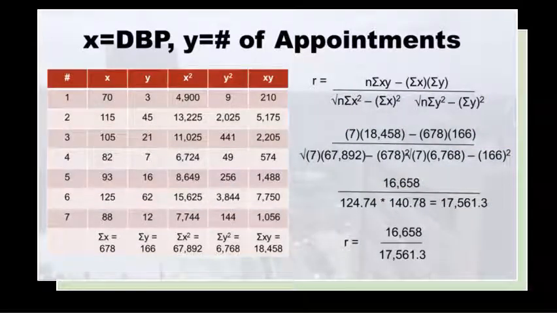So again, you square this, you multiply these, you subtract this one from this one, and then you take the square root of it, and that will give you